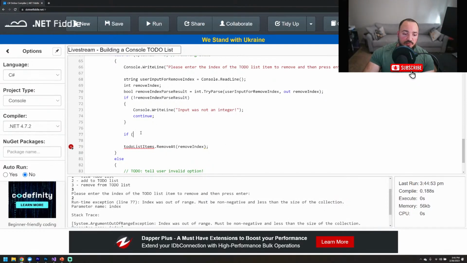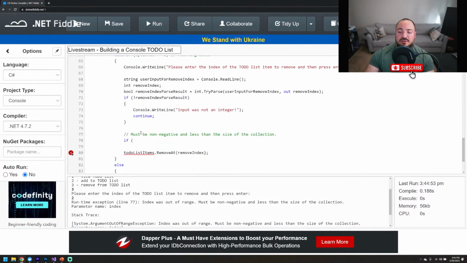I'm just going to put it into a comment so we have it right in front of us. So it must be non-negative and less than the size of the collection. Okay, so that means that remove index must be non-negative, so greater than or equal to 0 is non-negative. And it has to be less than the size of the collection. So that means remove index has to be less than to-do list items,